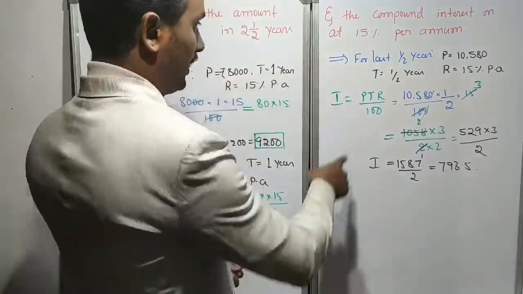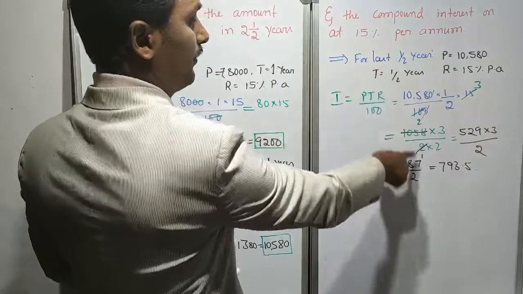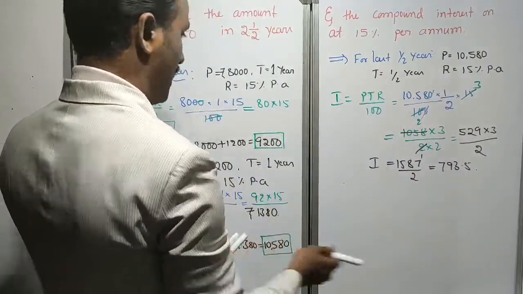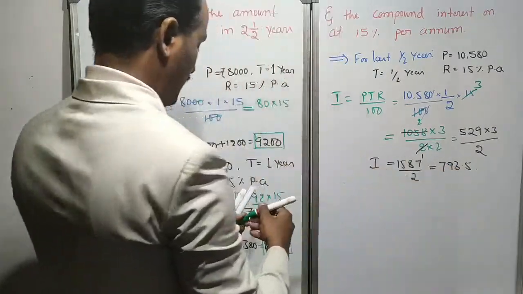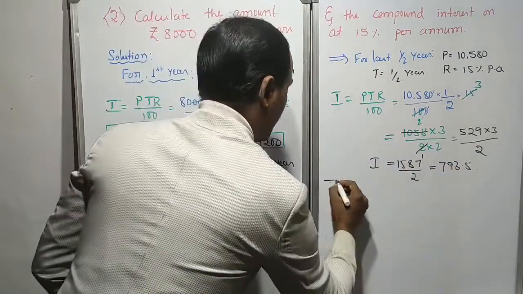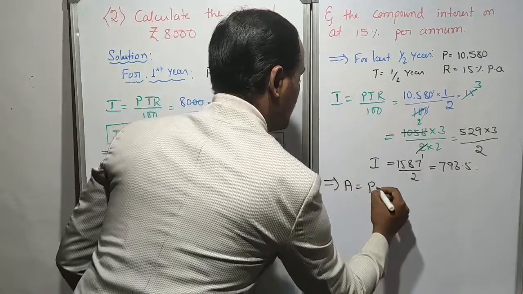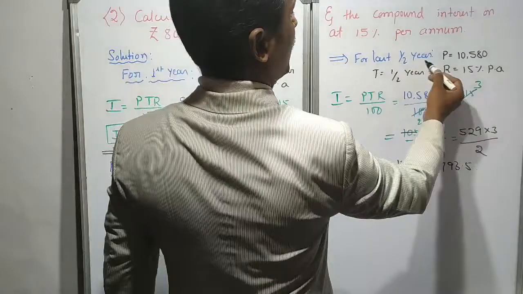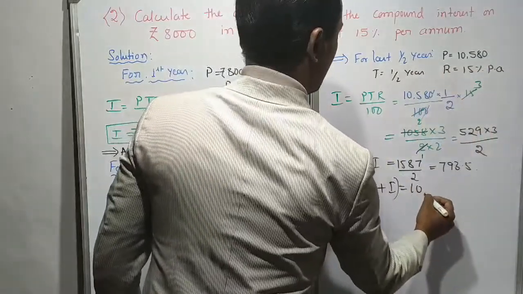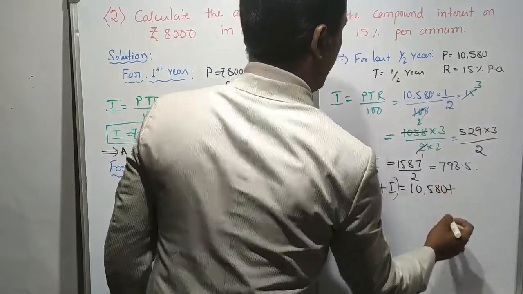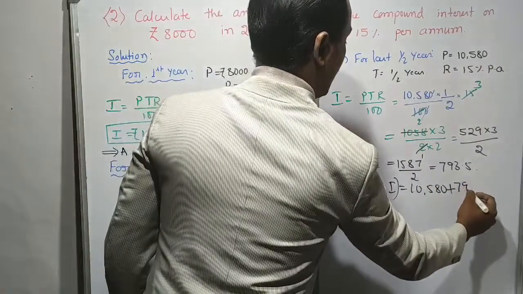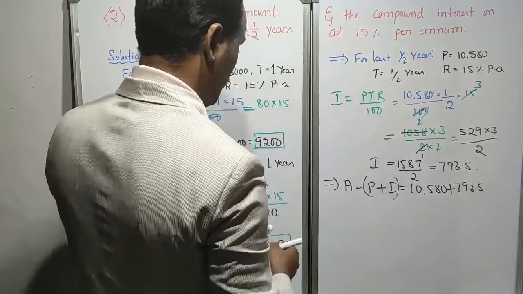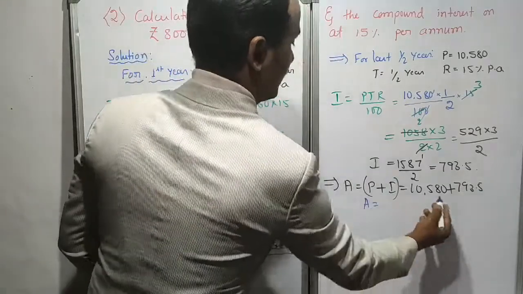See now, at the end of this last half year, that amount became, dear children. See that amount. This is interest. But the amount I will write here, dear children. Look here. Amount is equal to principal plus interest, principal amount in the beginning of the year, means 10,580 plus interest 793.5. It became, amount at the end is equal to, see, addition I will do.